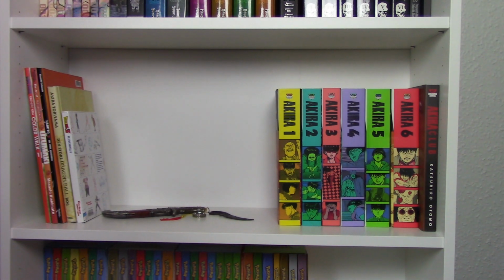Now coming back to One Piece Color Walk and the Naruto. Again, Danish manga was cancelled a long time ago. This is also why I don't have everything of Naruto. So we only managed to get one color walk of One Piece and the first two of Naruto. Now there exist 3 for Naruto, so I think I will buy this edition of the third one at some